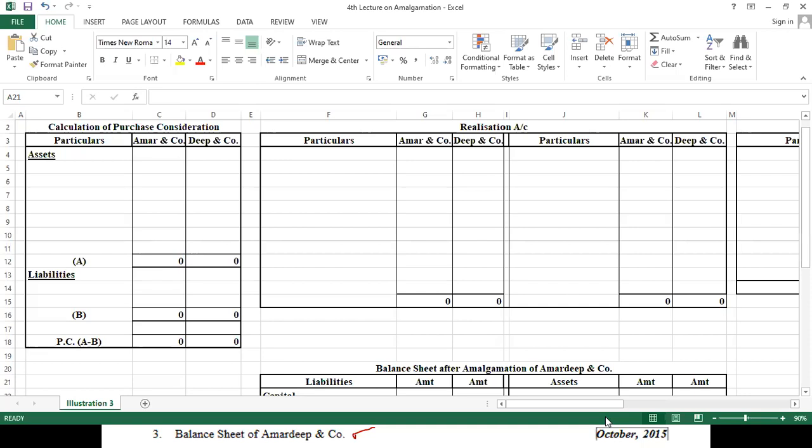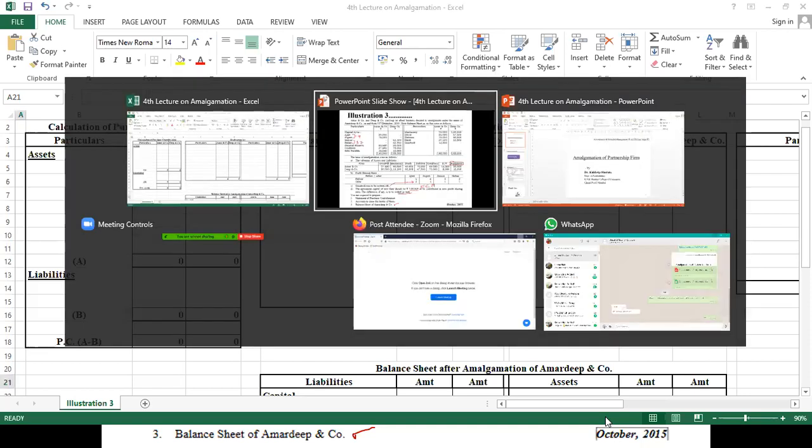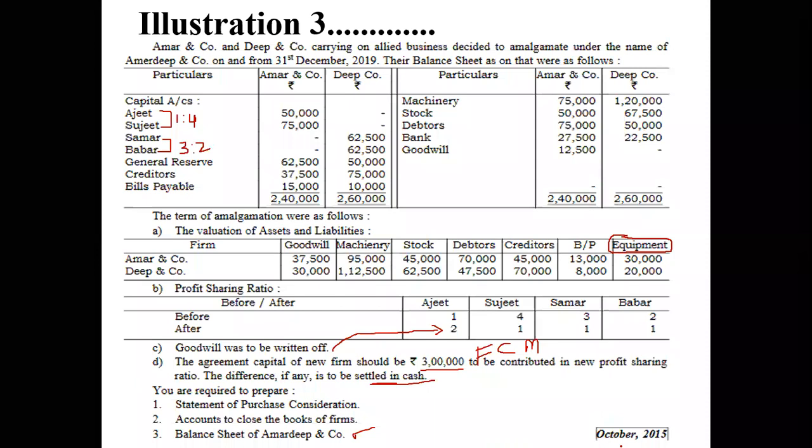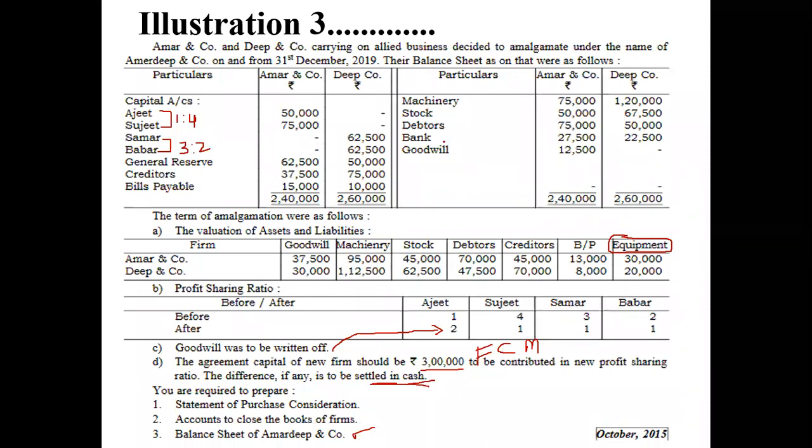Now here one more thing will be there. We also have to make a cash account, but here we don't have cash anywhere in the balance sheet, so instead of cash we will make a bank account. Why do we have to make a bank account? Because we have to make an adjustment in the capital so that only 3 lakh rupees is carried forward to the balance sheet. It should not be less than that, and it should not be more than that.